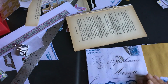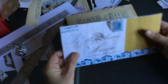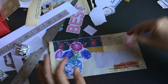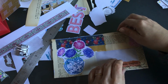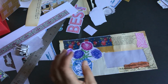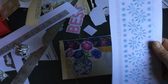I really like that. It's simple, it's fairly plain, and I think that's a nice area even to be able to write or put a photograph or do something. And then this side I'm not 100% satisfied with yet, so I need to think of, oh, I want to put something in there as well. I need to cut a piece of paper to put in there. I'm thinking, let me just try this. Got this wonderful wide